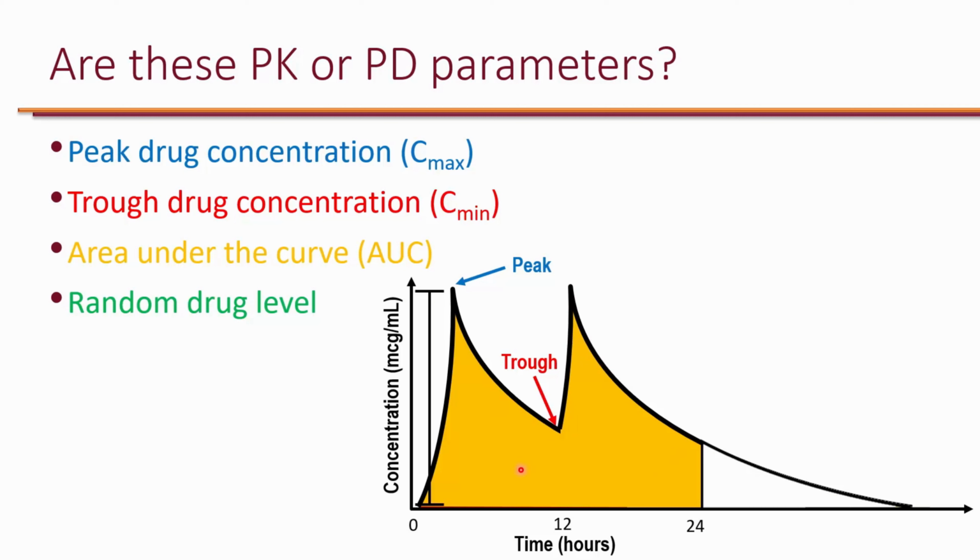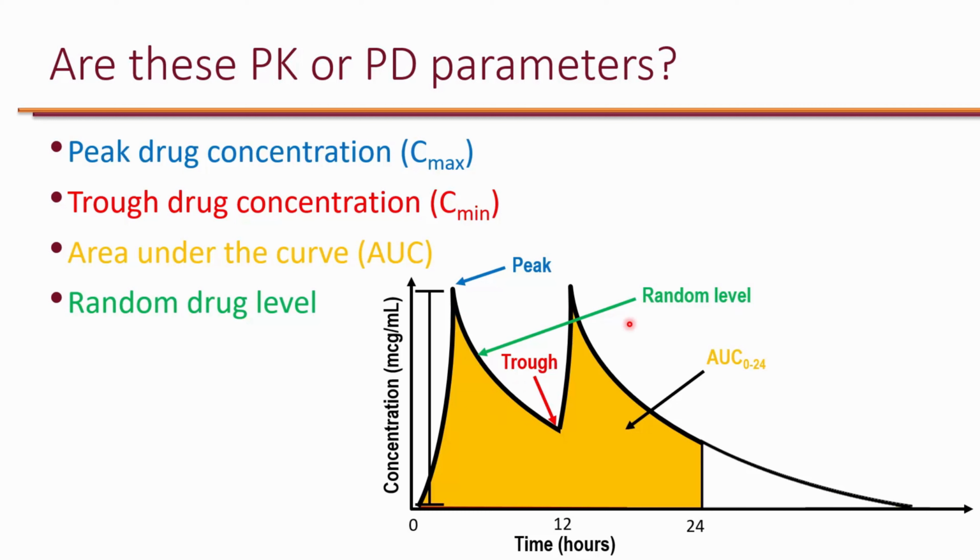There's also the concept of area under the curve, which is all the shaded area here, for a 24-hour period. It doesn't matter how frequently you give the dose, the AUC is often from time 0 to 24 hours. If this drug was given once a day, you would only have one of these over 24 hours. If this drug was given every 8 hours, then you would have 3 of these peaks. But regardless, AUC is the area under the curve for a 24-hour period. And of course, you could get the level at any time between peak and trough,